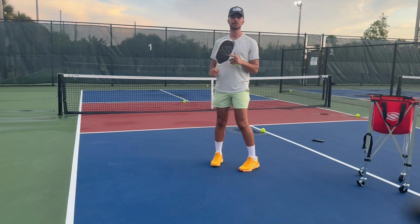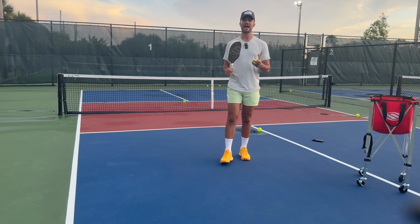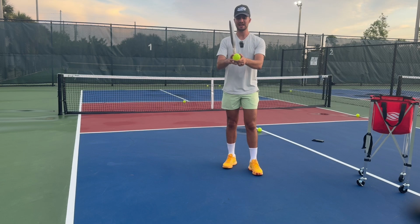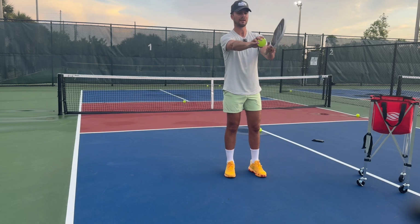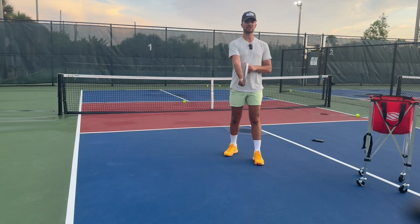Again, if you want to execute a good backhand slice, and why players can't is because they think that they have to swing downward. Now, don't get me wrong. When you make contact with the ball, you are swinging downward on the ball. Think 12 o'clock up here, 6 o'clock down here. You are swinging from 12 to 6, but that is automatically going to happen with your grip,